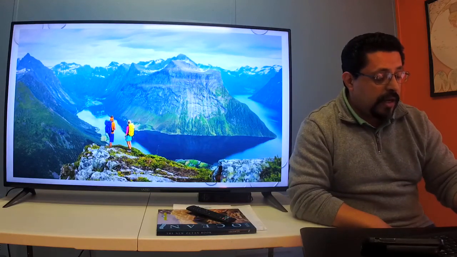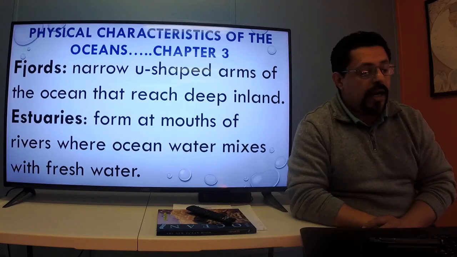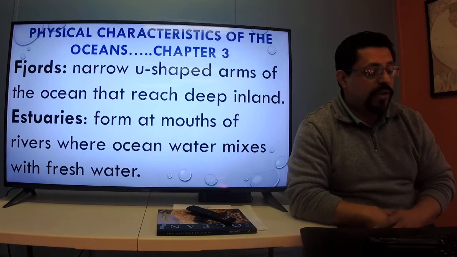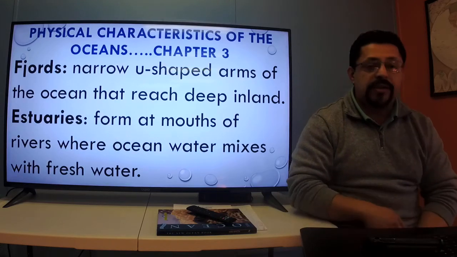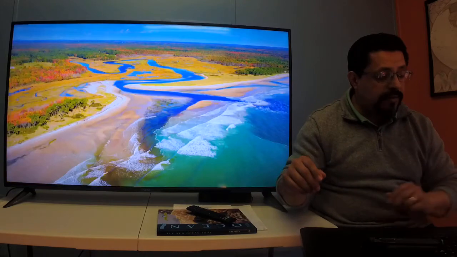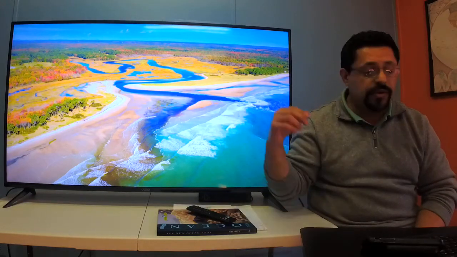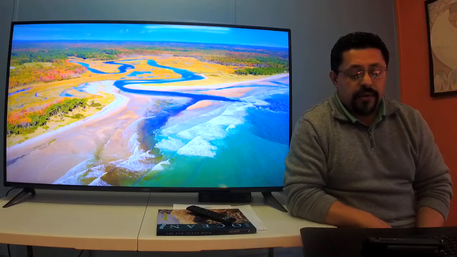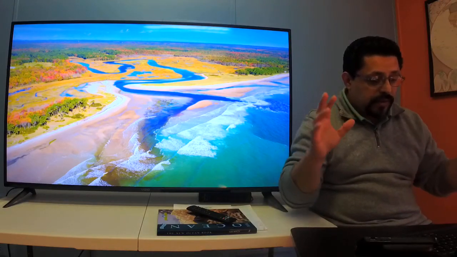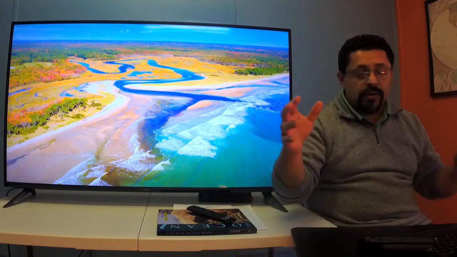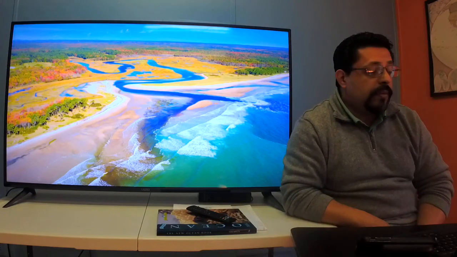All right, let's continue. We talked about estuaries, however you say it. We said that they form at mouths of rivers where the ocean water mixes with fresh water, okay? And so there are a lot of those, and you can always tell where the water meets because of the darker color where the fresh water and the ocean water come together. If you look at pictures of the Amazon River down in South America, you can tell from a good distance away where the salt water from the Atlantic Ocean meets with the fresh water of the Amazon River. And so this happens a lot